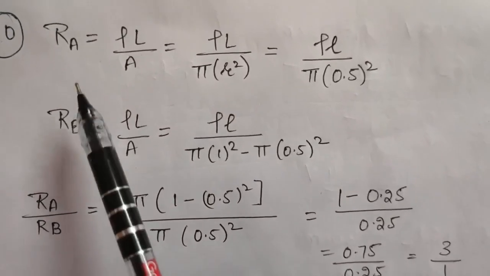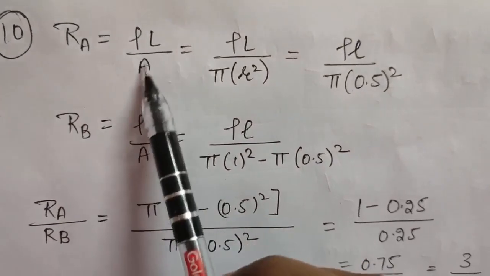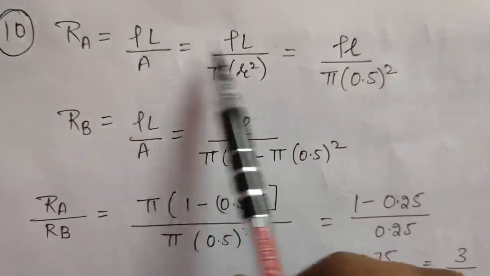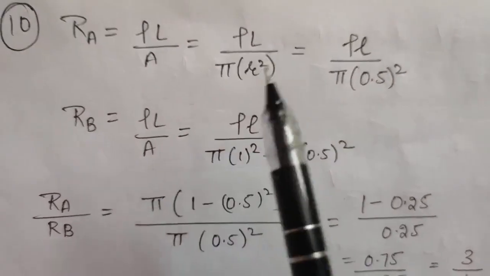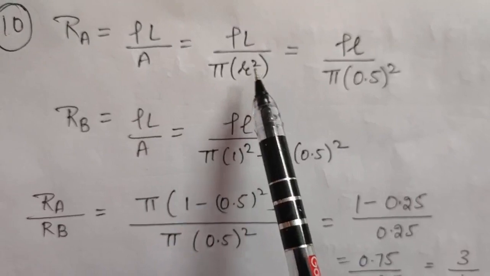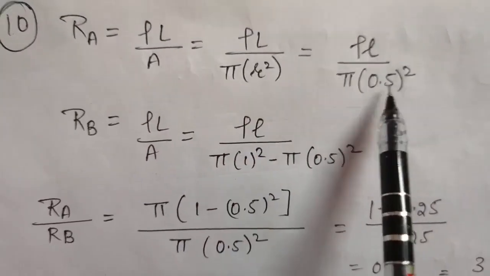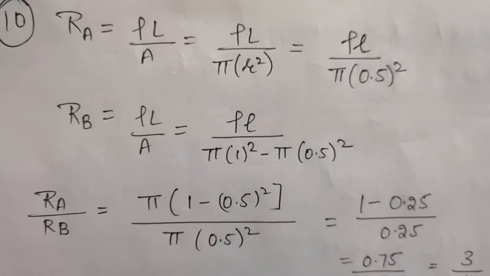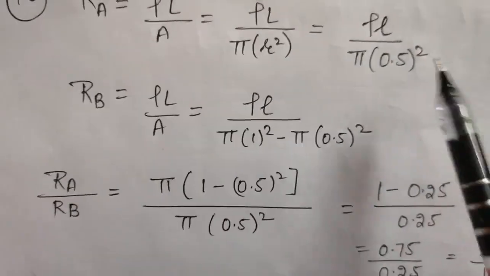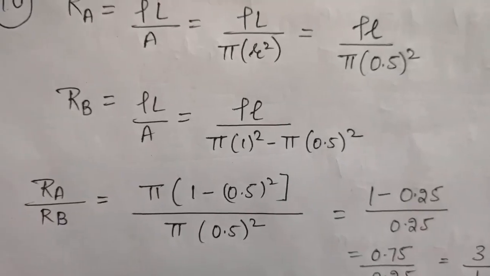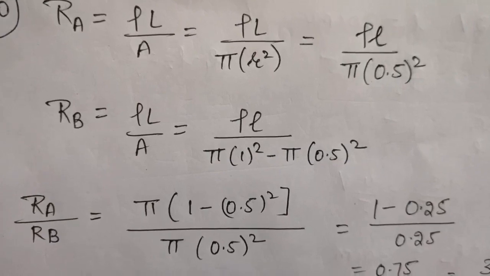Okay, so first of all, let us calculate the resistance of the solid wire. So RA is rho L by A. Rho is rho, L is L, we are taking it to be L only, and area, as you know, is pi r square, and diameter is given to be 1 millimeter. That means radius will be 0.5. I am not changing the unit here because finally we have to calculate the ratio. So the units will get cancelled by the units of the other resistance. So I am taking it as it is. If you want to change the units, you can.